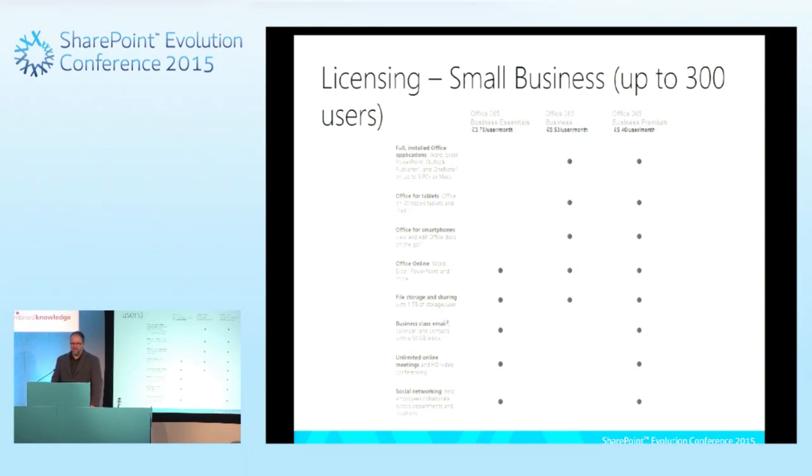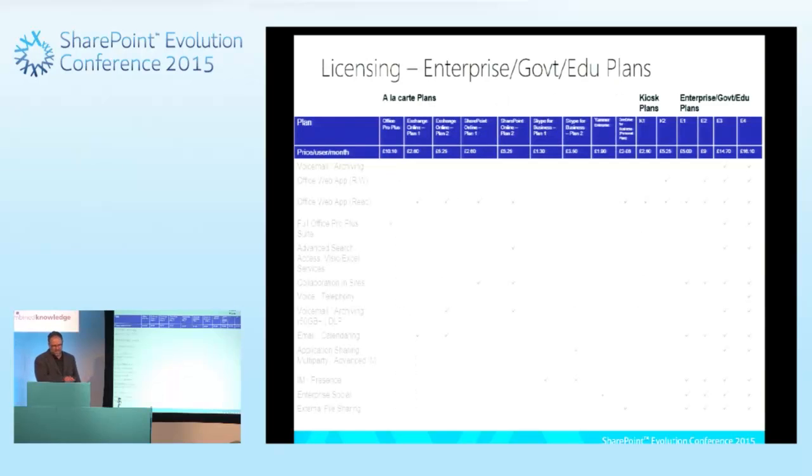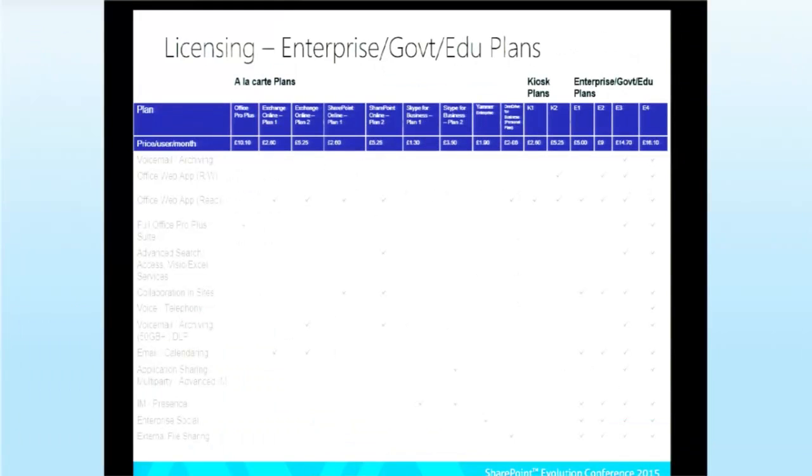Now, this next slide, I apologize if you're in the back because this is a little bit difficult to read. I encourage you to download the deck. This one took a while to put together because I had to piece through all the different plans that are out there and what the feature set differences are between them. I'm going to summarize this by saying, if you take a look at the way that they price some of these a la carte plans, like if you wanted everything that's in Exchange Online, you have to pay